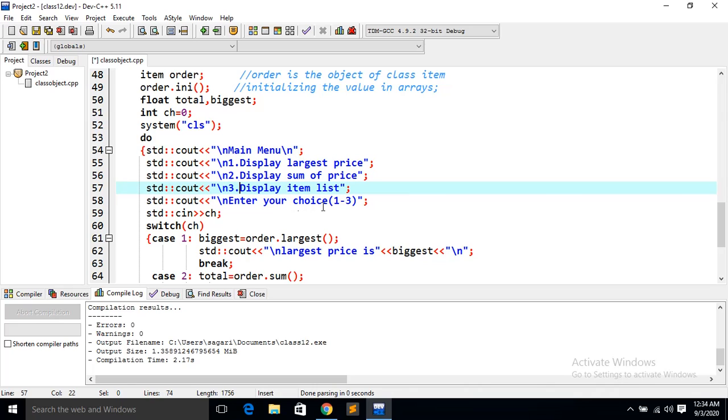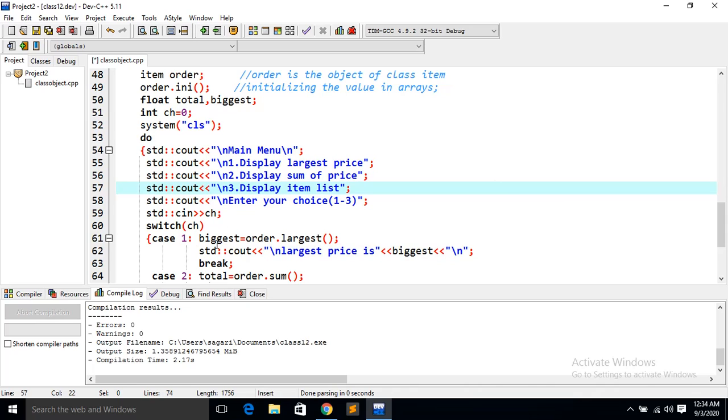So if the user enters 1, that means it will go to the largest value. Okay, so display the largest value. You have already entered the values by the initialization function. Now I want to display the largest value. So if I give 1, it will come here, this portion, the switch case.